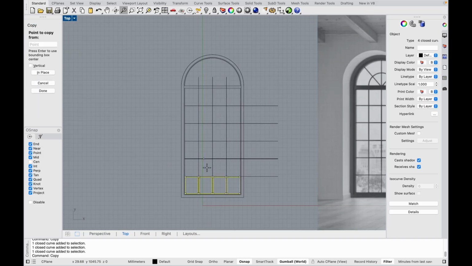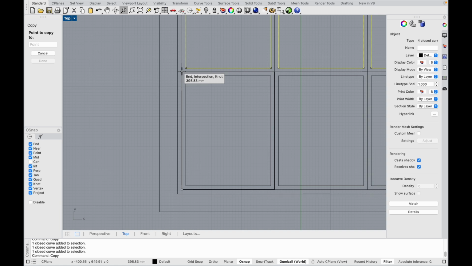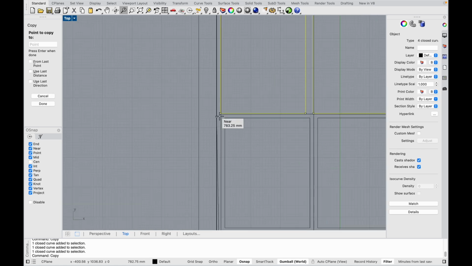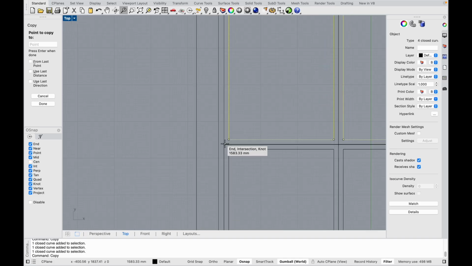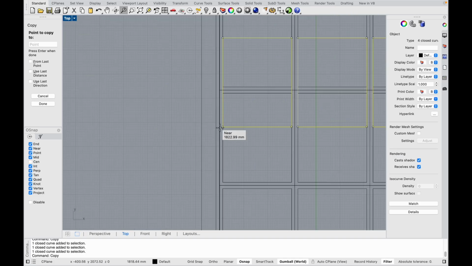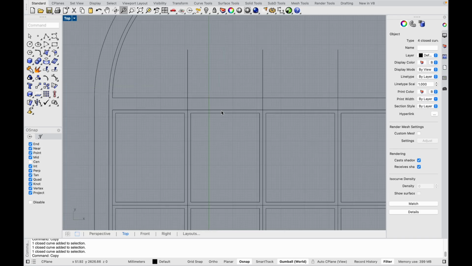We can use array, in fact, but here there are not that many rectangles, so we just can do it manually. Just copy, copy, and that's all. Press space, and we see that here also this part of the frame becomes thicker, and